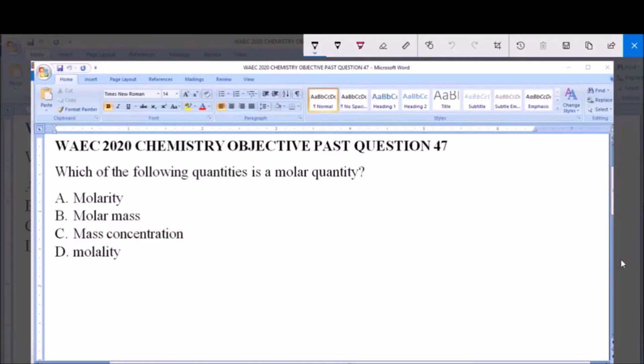Hello and welcome. I'm going to be answering WAEC 2020 Chemistry Objective Past Question 47. Which of the following quantities is a molar quantity? A. Molarity, B. Molar mass, C. Mass concentration, D. Molality. So, a molar quantity is used to express an extensive quantity